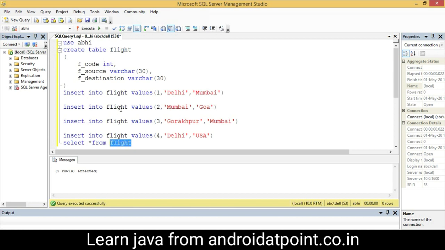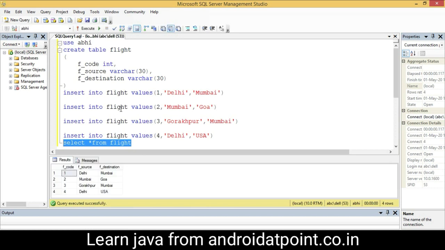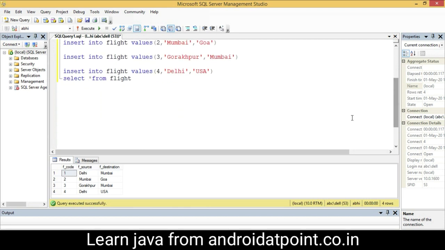Select star from flight and execute this query to display all the records from the flight table. Next I need to create another table, on which I want to use the outer join with the flight table. So create table reservation with two columns.